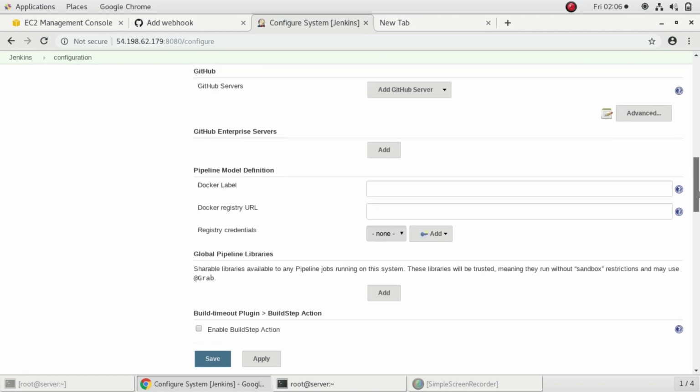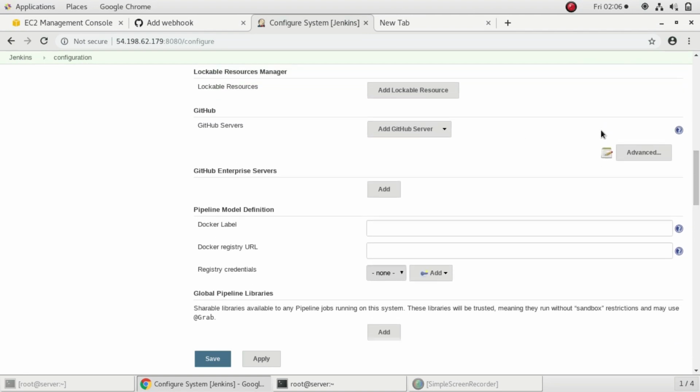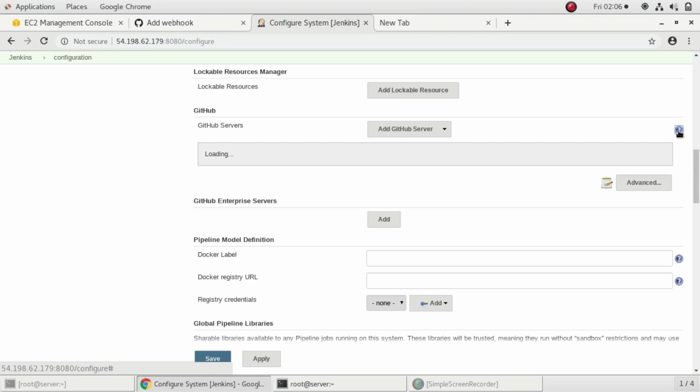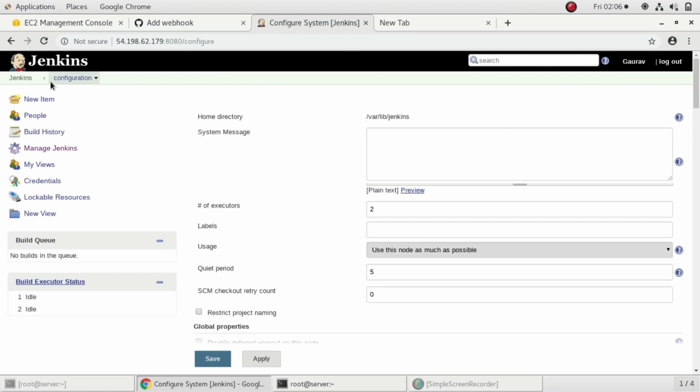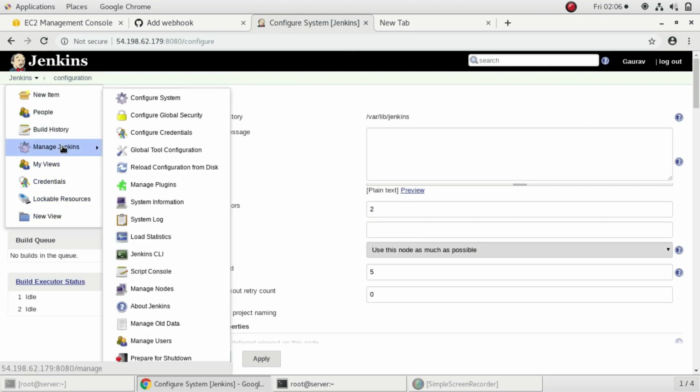Yeah, here it is. This is the URL which we have to give over there. So I'll copy this URL. This you will find in manage Jenkins, configure system.